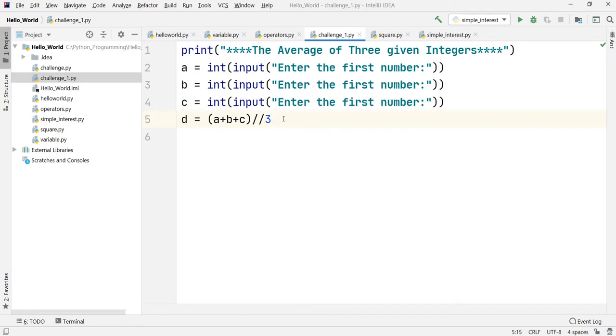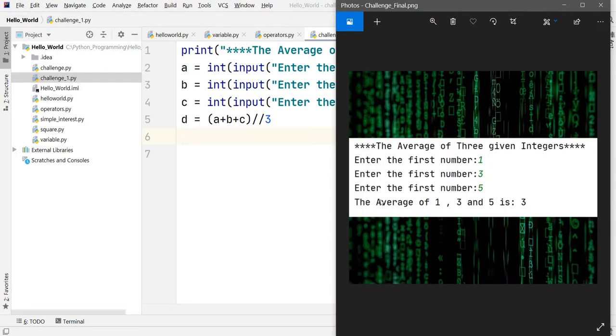Okay, so right now we are done with the most important parts of this code, and we are only left with the single line of output that we are asked to show. Our three numbers are stored in three variables a, b and c respectively, and our average answer is stored inside variable d. That we will have to show, but for that I want you to check the way the output is supposed to be shown.